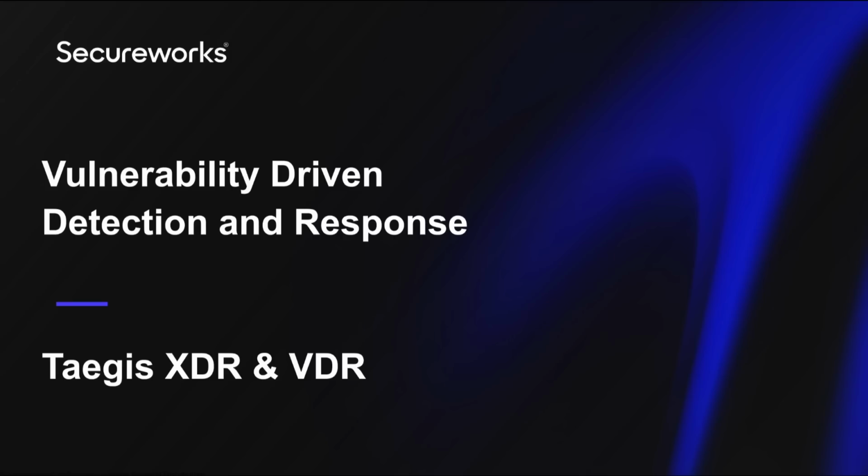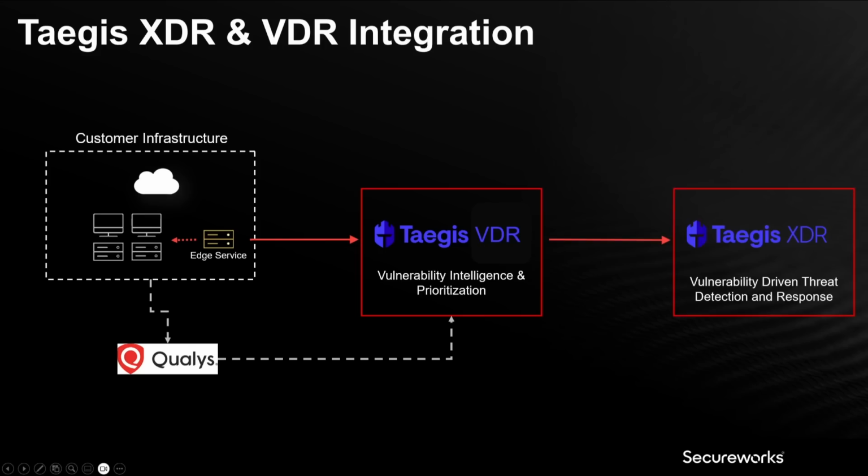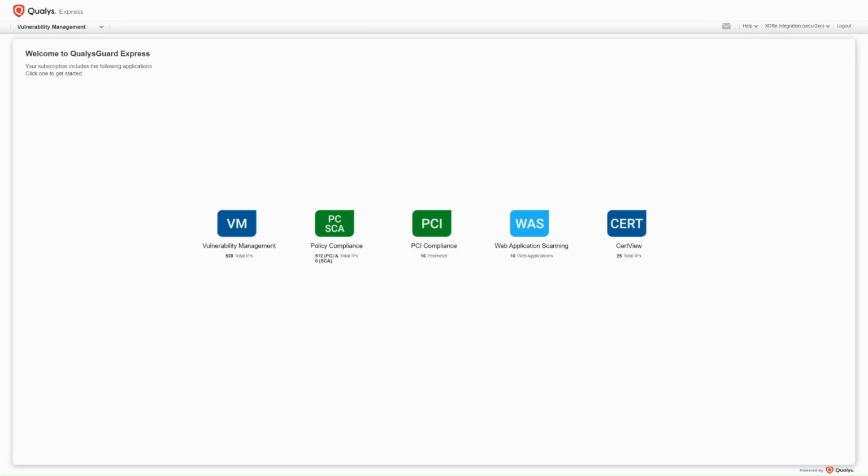With Taegis vulnerability detection and response, we are now able to ingest Qualys scanning data and leverage our prioritization and XDR integration on top. In the next few minutes, I am going to show how we are integrating the scan data from Qualys into Taegis VDR. Following that, we will take one step further and focus on the integration between Taegis XDR and VDR. I will take a moment to open the Qualys platform so I can go through the seamless integration and added